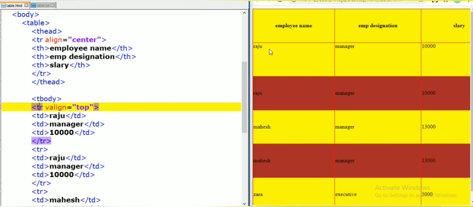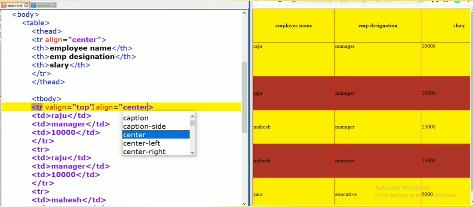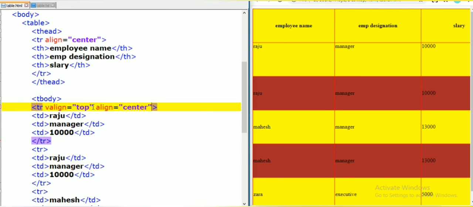So text is aligning at top. So if you want to align center and top, then we can use one more attribute here, that is align equal to center and then v-align equal to top. Means that the whole text is aligned to the top center of the cell.